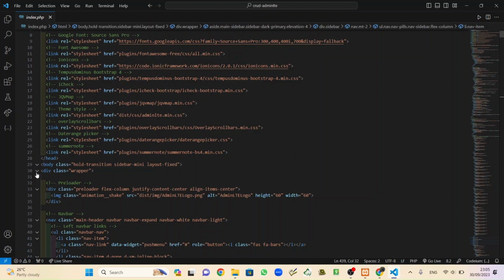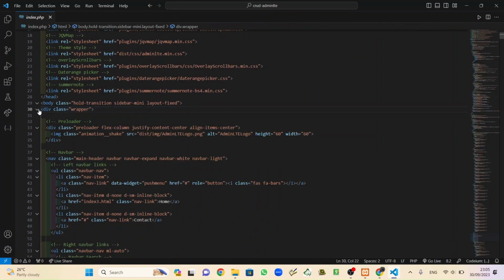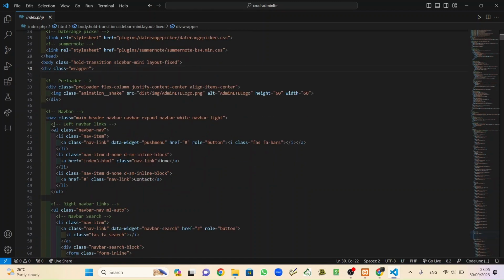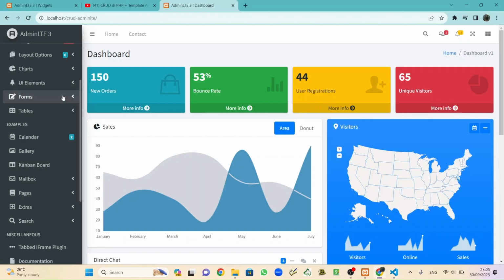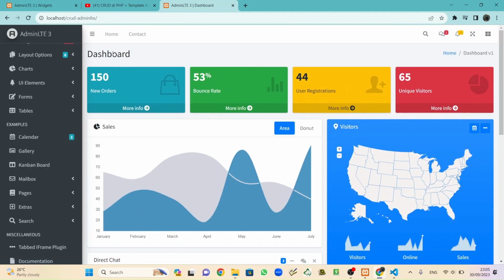Inside that wrapper, this wraps everything inside that. Like again. Okay, we want to remove, not the menu, but this thing, so we just need the dashboard, only the dashboard here.